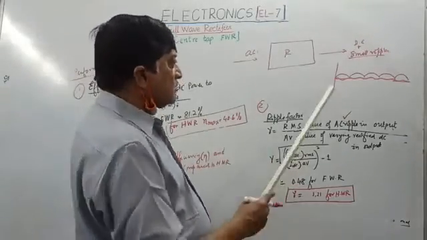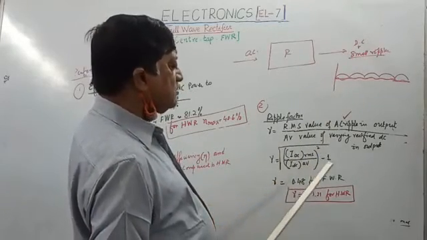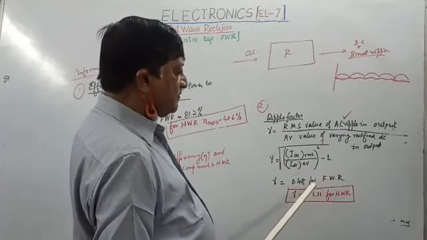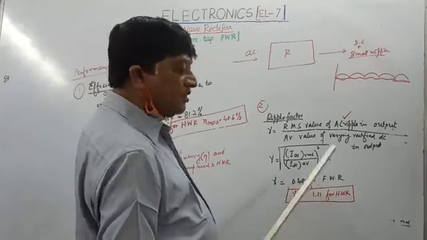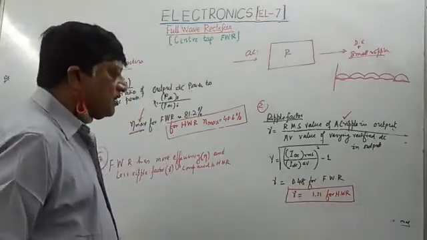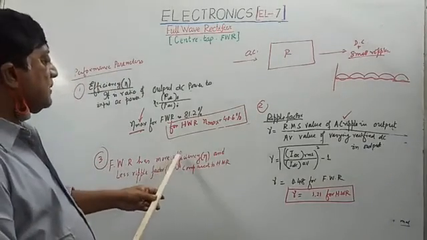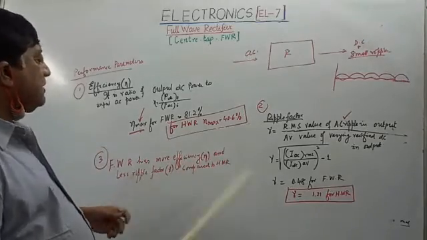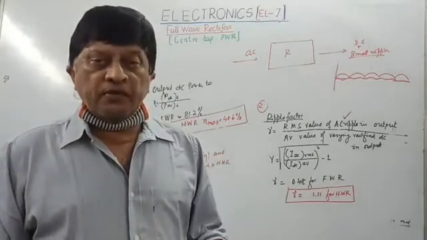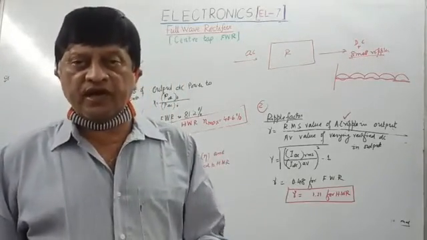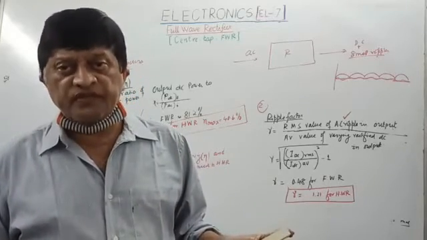For a good rectifier, the ripples should be less, so the ripple factor should be small. For a full wave rectifier, the ripple factor is only 0.48, but for a half wave rectifier, it is 1.21. If somebody ever compares a full wave rectifier with a half wave rectifier, the full wave rectifier has more efficiency and less ripple factor. That's why wherever it is possible, it is always preferable to use a full wave rectifier in place of a half wave rectifier. Rectifier is always a very expected question in the examination.